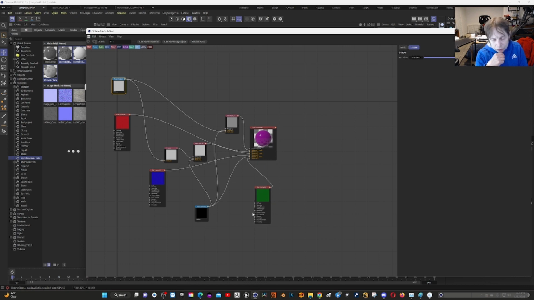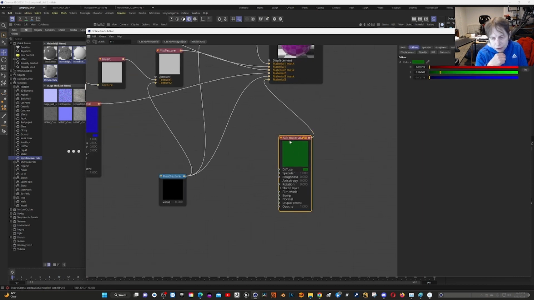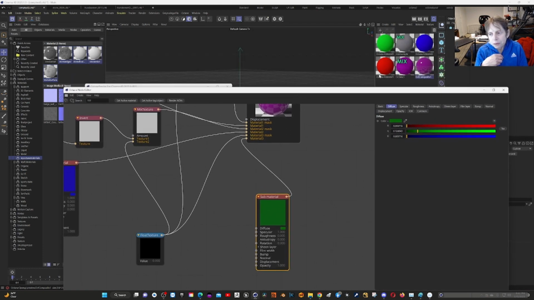Now notice also here we have submaterials. The submaterials are basically materials that are going to stay within the material. They're essentially local materials, as opposed to